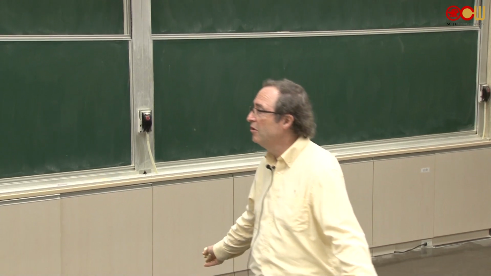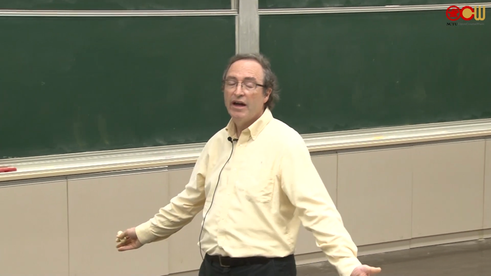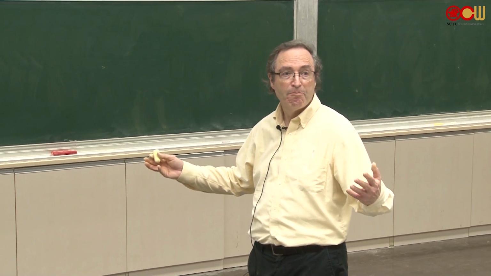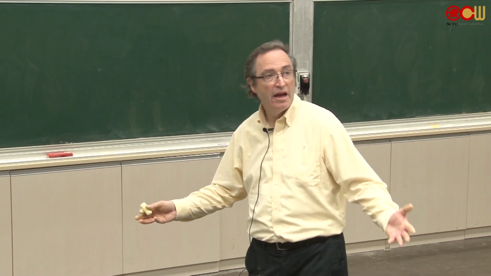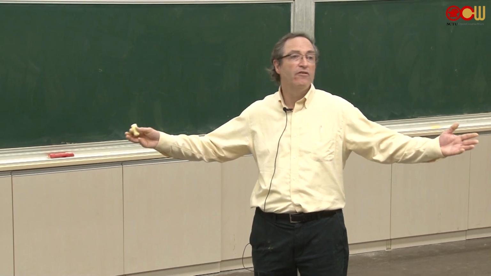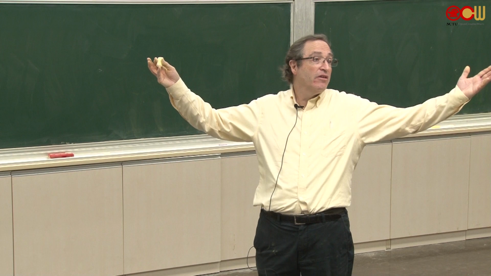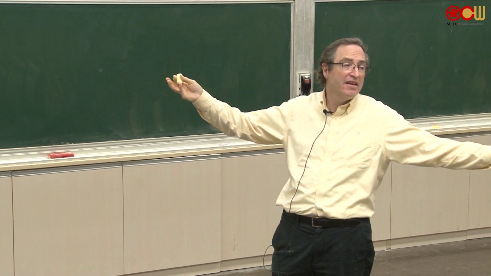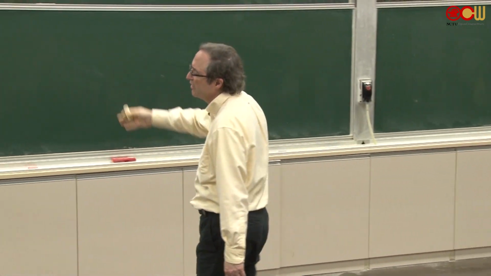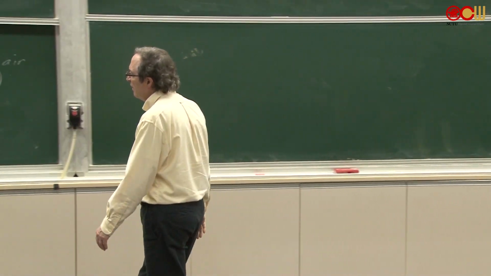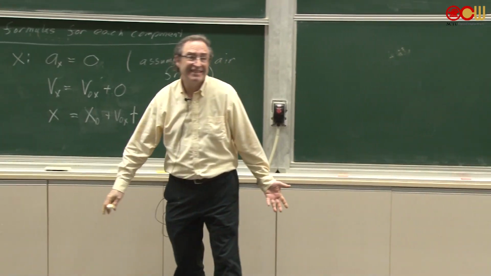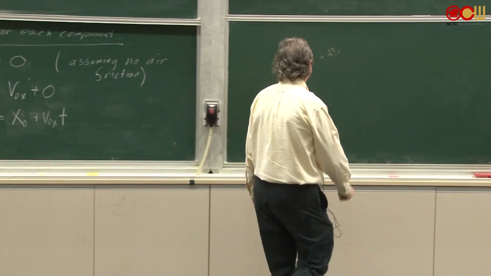So I have a problem. All I got to do is pick key points and then work out whatever is being asked for. That's all there is to it. It's no different than 1D. It's just more complicated because you have more formulas. All right? So let's do an example to see how this works.